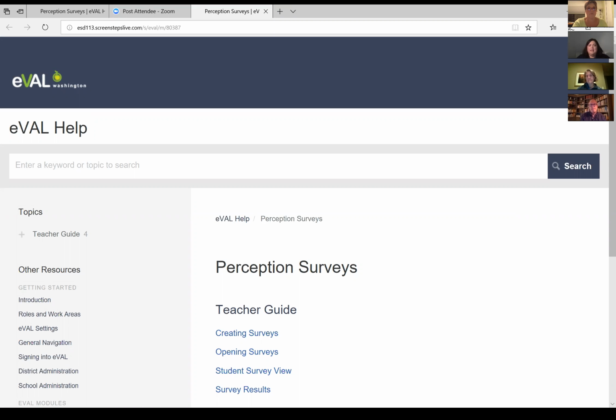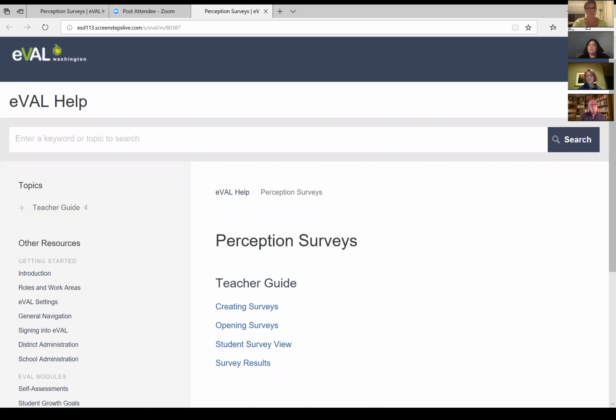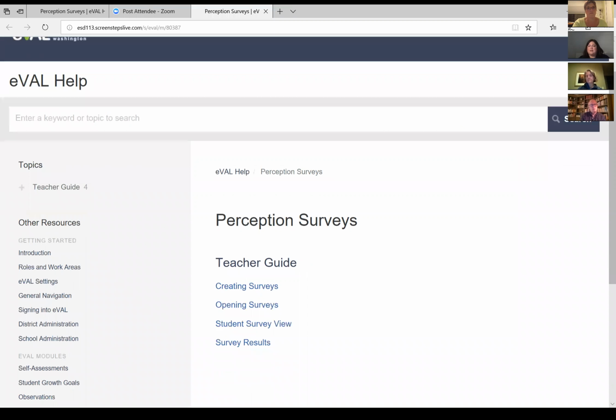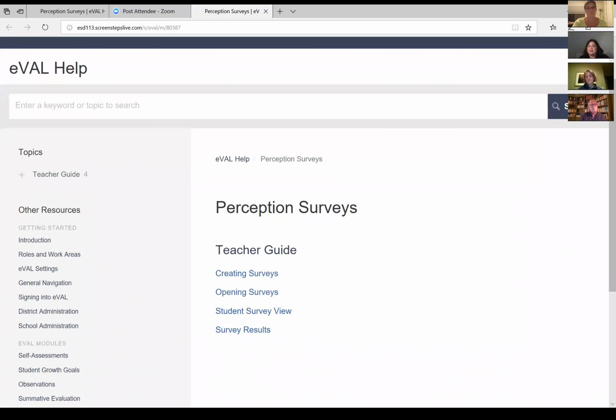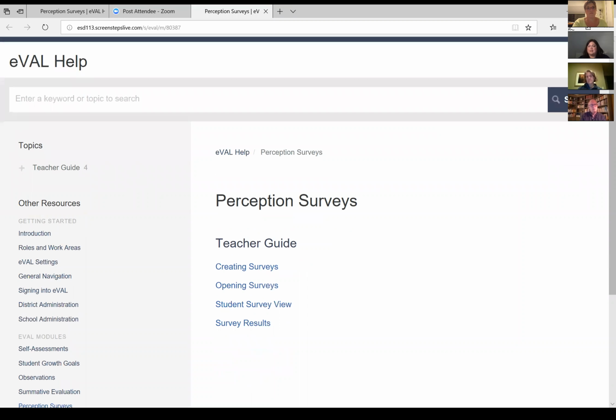Thanks, Pete. So this is when you get into eVal. This is a guide to help you find the student perception items and also create surveys, open them, allow students to access the surveys, and then look at your results. This is all an electronic system. So unless you want to print out items, which you are welcome to do on your own,